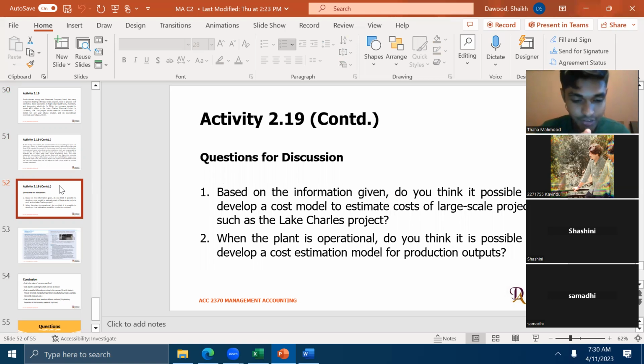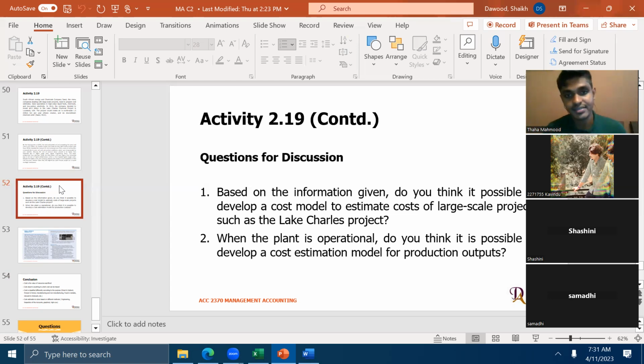We are dealing with only two elements. One is cost and the other one is output. How does cost behave with regards to output? That is our scope. But when it comes to long-term projects, the cost is affected